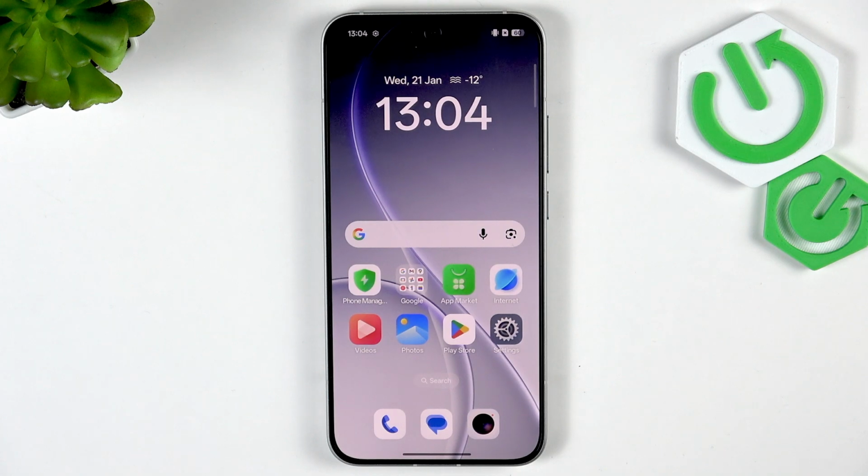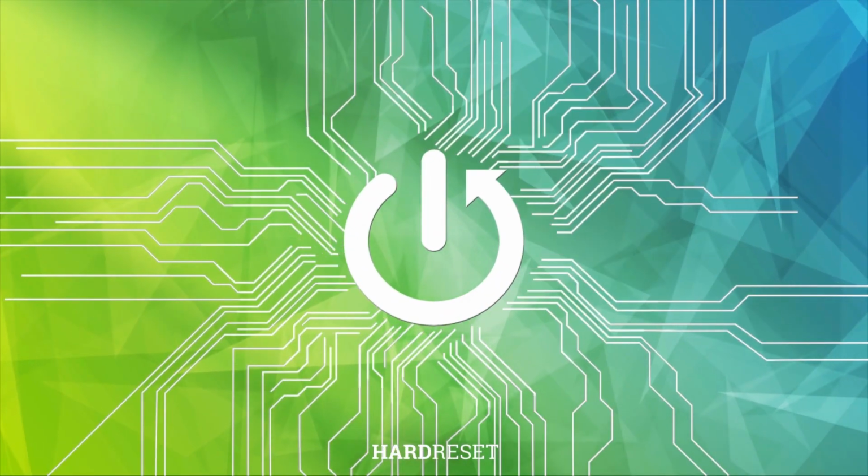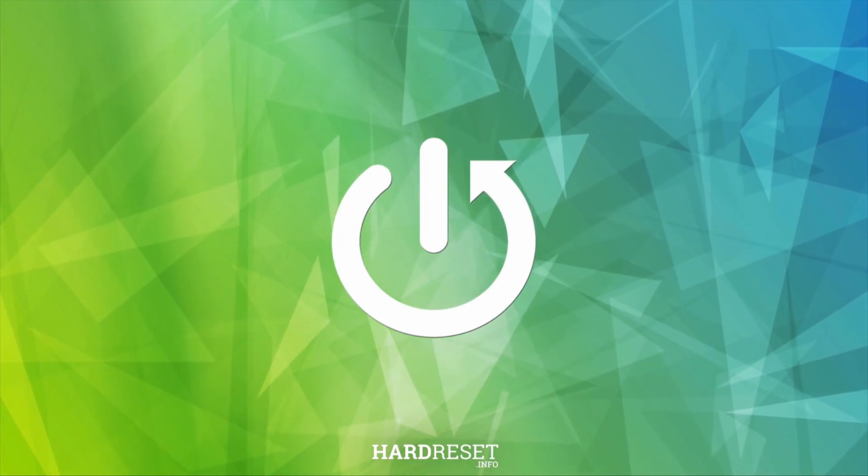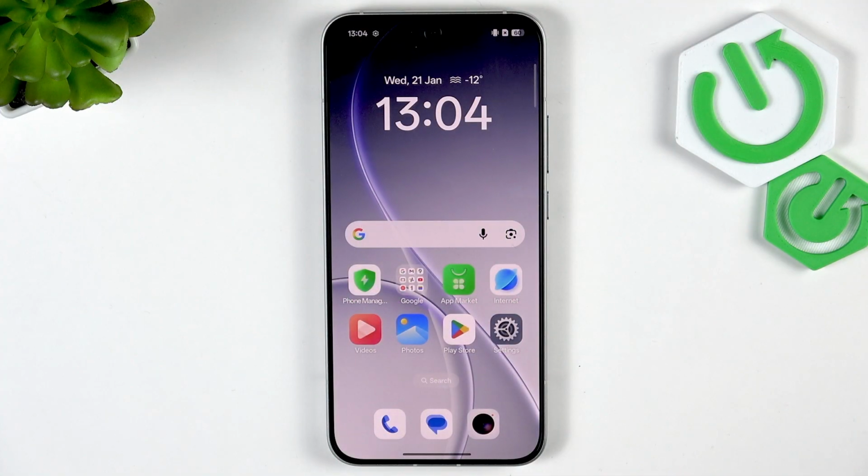Hello guys, in today's video I have the OPPO Reno 15 and I'm going to show you how to activate the always on display on this device. So actually the thing you need to remember is that this feature is not in the display settings. I don't know why they hid it, but we'll find this option and I will show you how to set